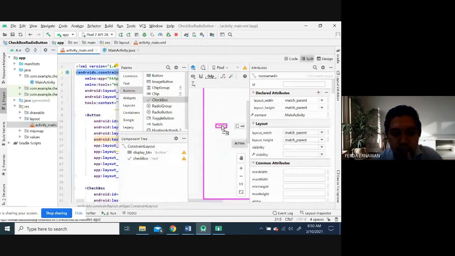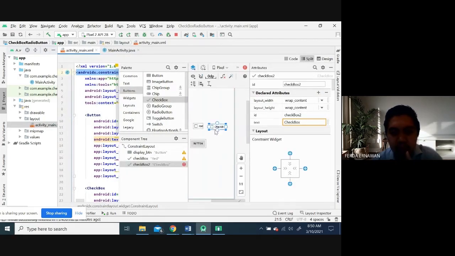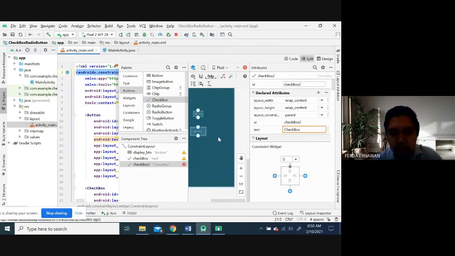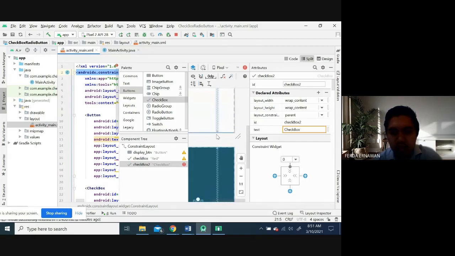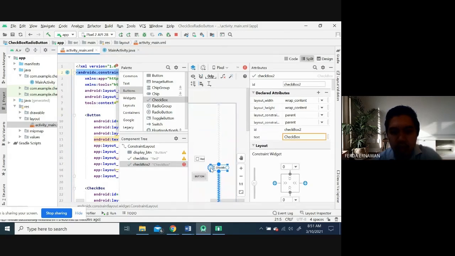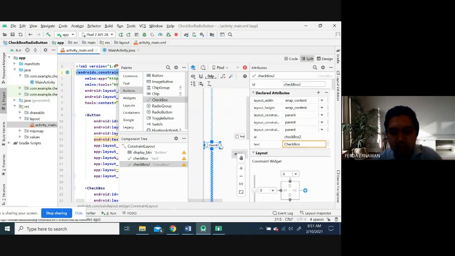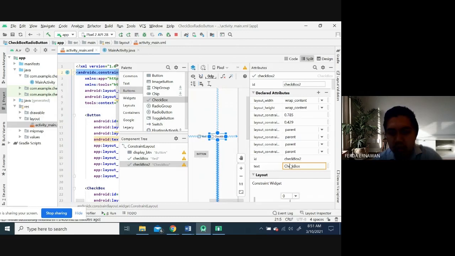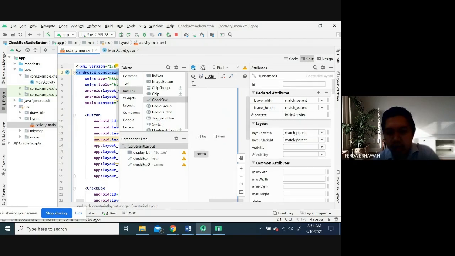I add another one. Okay, for example, I put here, let's say green, yeah, red green. And the ID is checkbox 2.